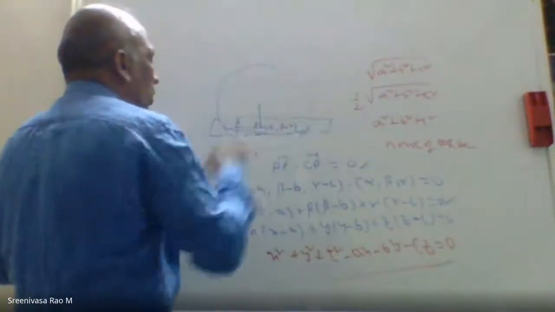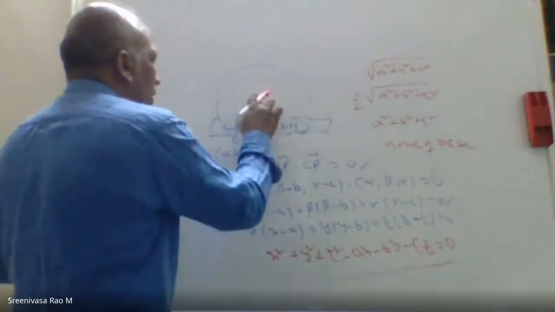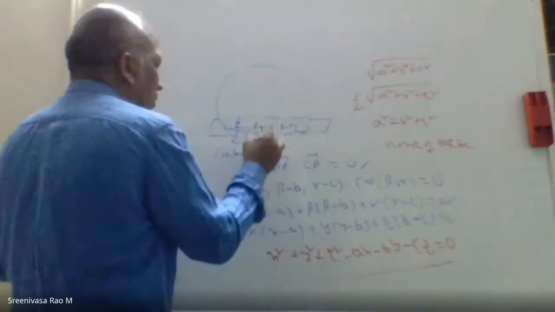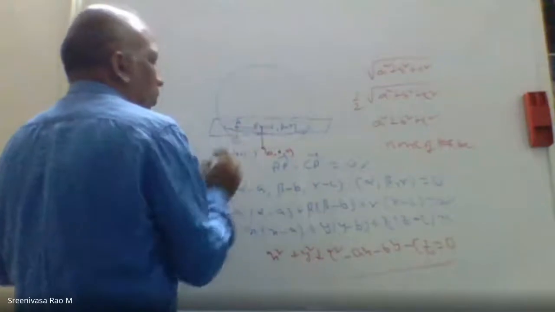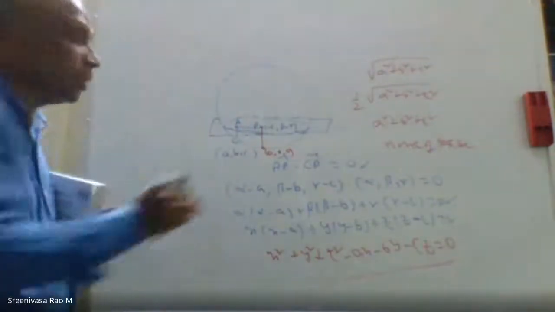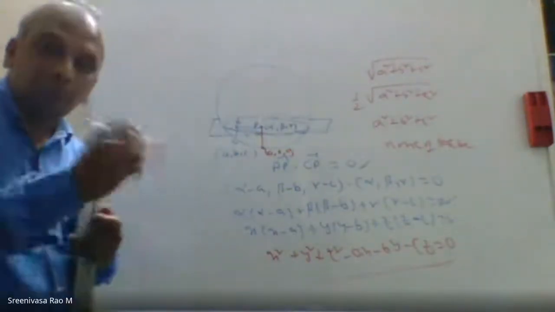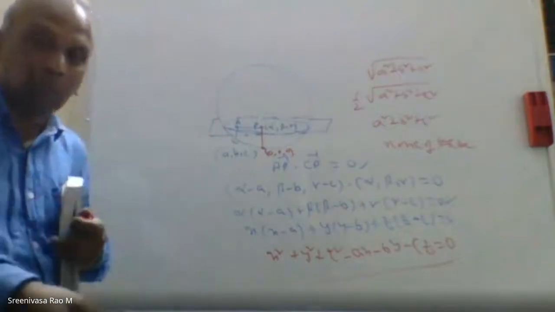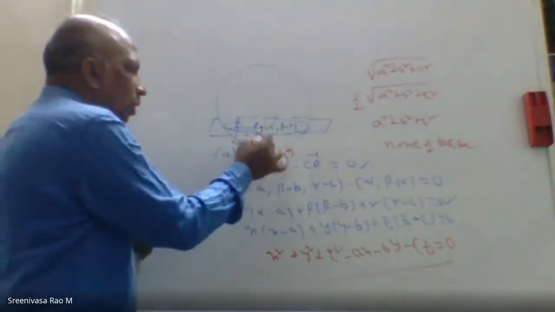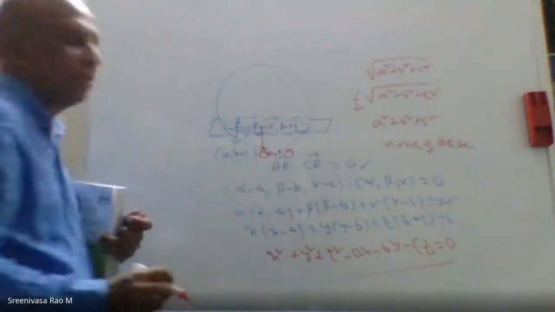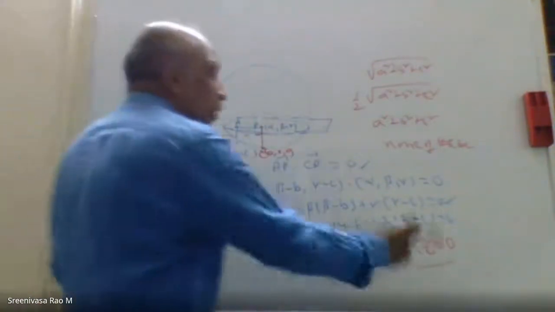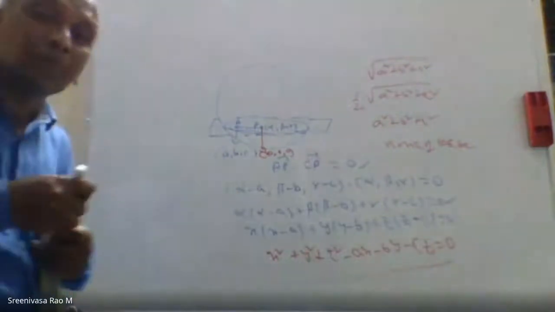Instead of this one, I can consider it like this: the sphere is passing through 0, 0, 0. This is not my mistake. It's not the center of the sphere. The sphere is passing through 0, 0, 0. Take this as C. So the same thing will come. That's the reason, look at this, it is the equation of the sphere. They're asking what is the radius of the sphere now.